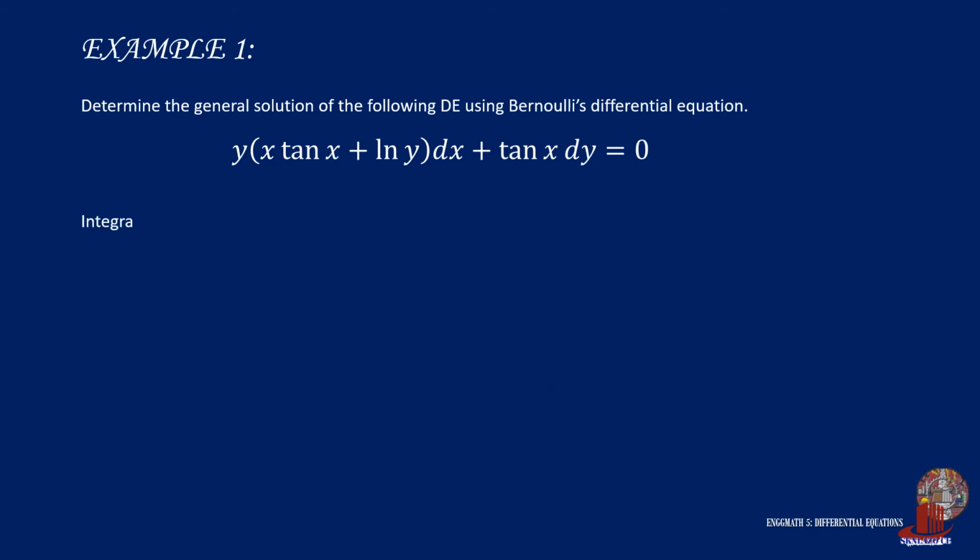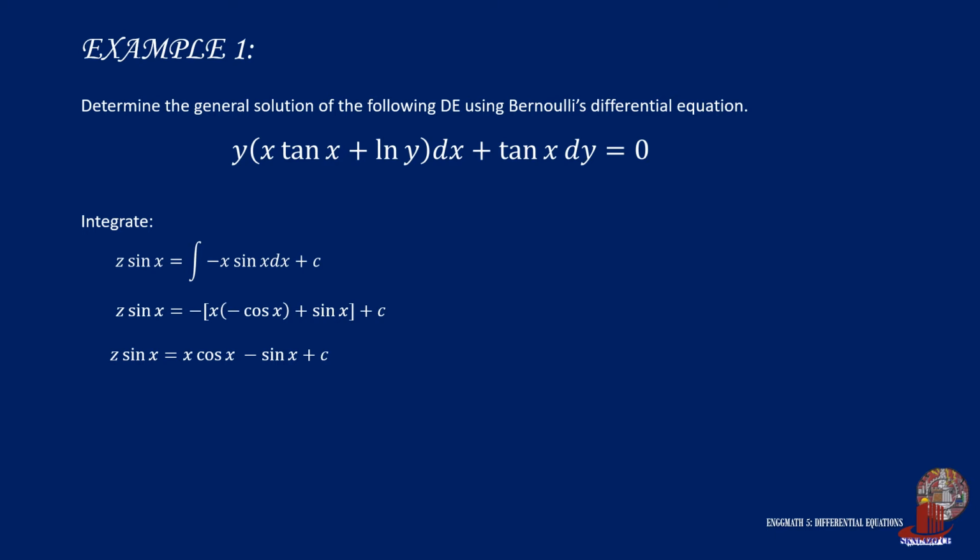We are now ready to integrate the form z times sine of x is equal to the integral of negative x sine of x times dx plus c. The integral of negative x sine x uses the product rule, where we keep the first term and integrate the second term, sine x, as negative cosine x, then add the second term multiplied by the derivative of x, which is 1. So the end function is z times sine of x is equal to x cosine x minus sine